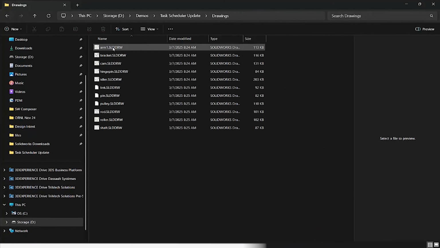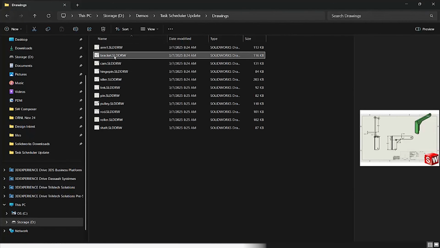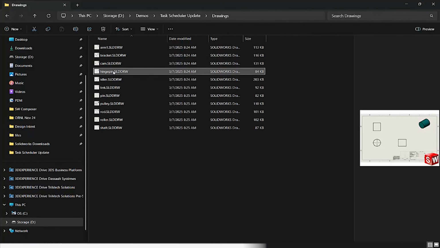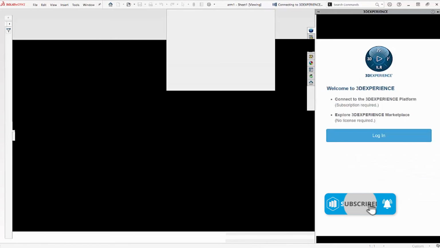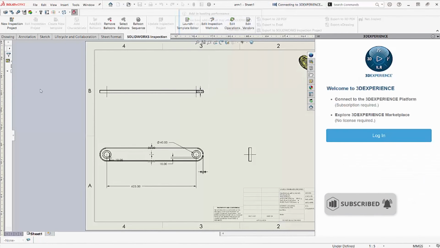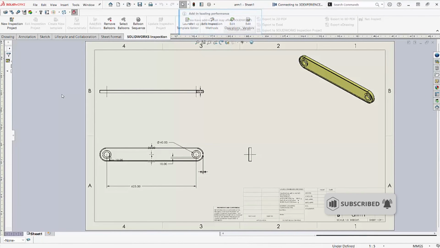We'll now go to our drawings folder and we can find the files that we've saved out. We'll open one up and take a look at it. Here you can see our loaded drawing, and the views are where we want them. Note that we do have annotations as far as our dimensions already in place,